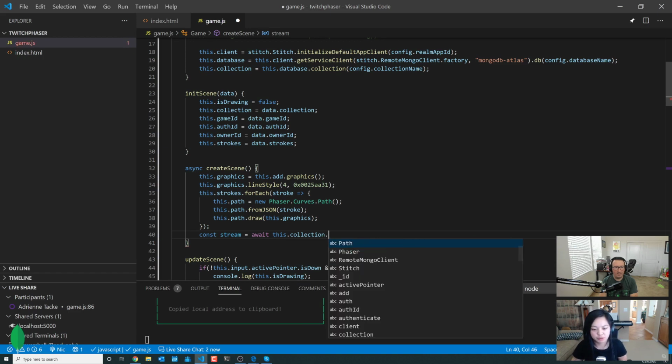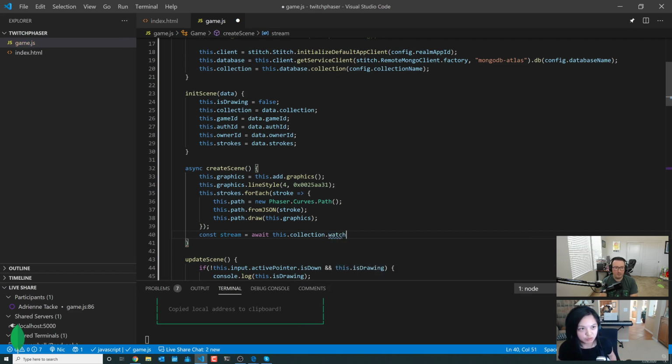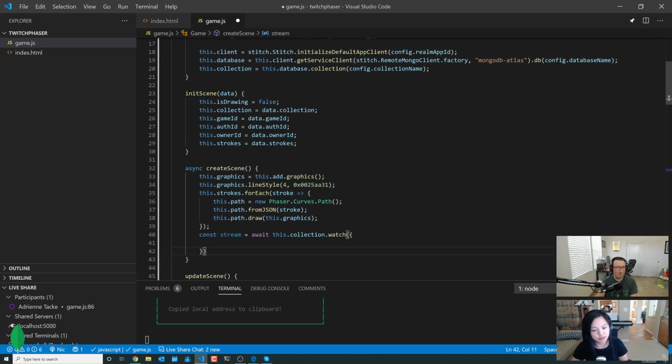And so we want to find the particular game that we want to watch, right? Whenever we join this particular game, we want to keep track of what's happening to this document, because as new brushstrokes are added, we want the spectator who is watching to have their screen update with the new brushstrokes that are saved.